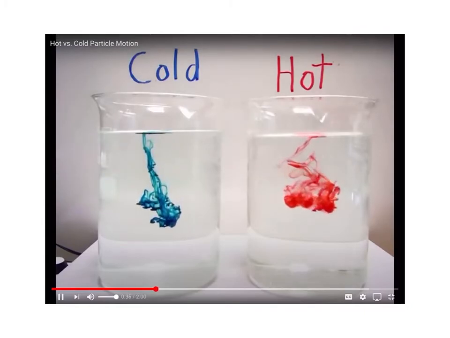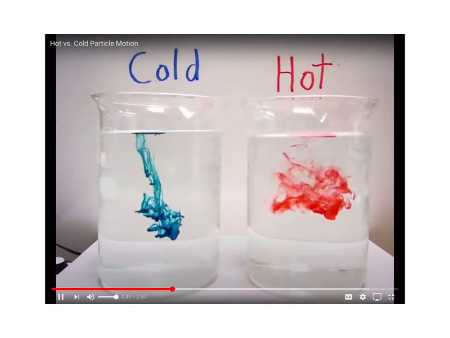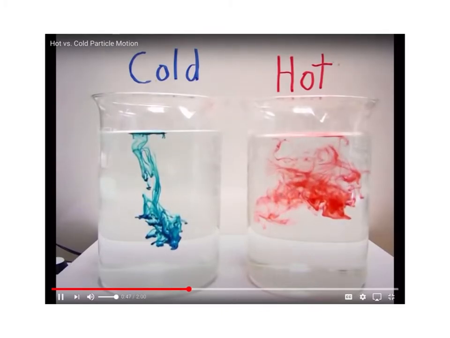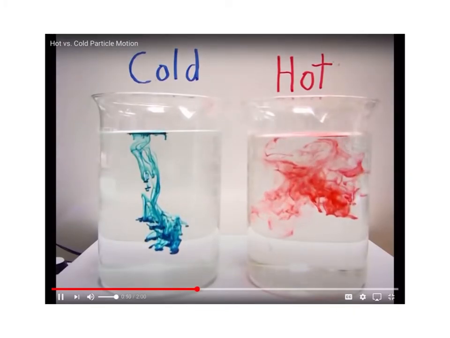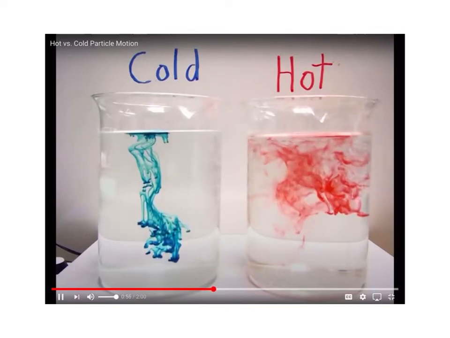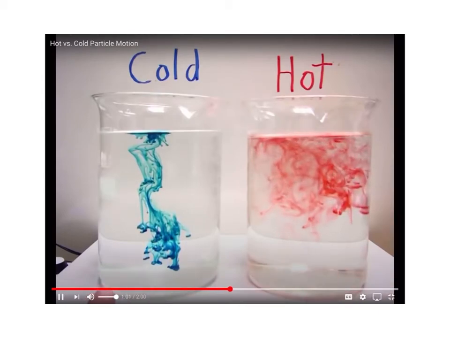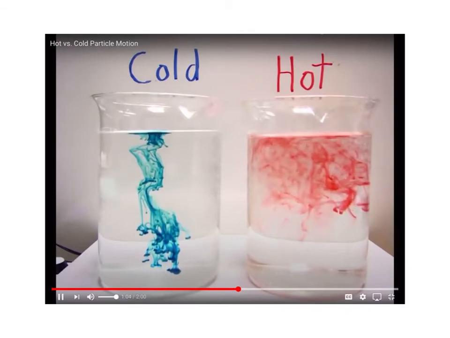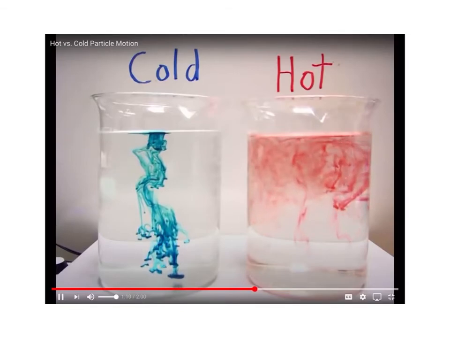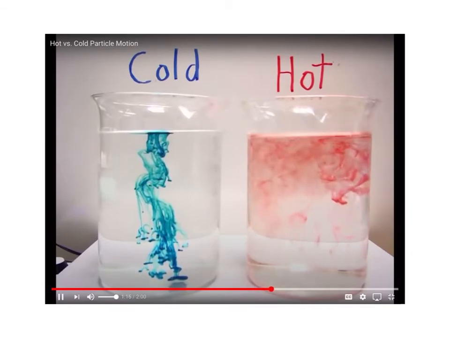We're still talking about particles, those little tiny things that everything is made up of. Too small to see, but when we put the food coloring in water, we can actually see the motion of all the different atoms. And we can now start to talk about how we can change the motion, what it means for one thing to be hot, one thing to be cold, what that actually means in terms of the particles. I think it's pretty evident here to see that there is more motion in the hot water,